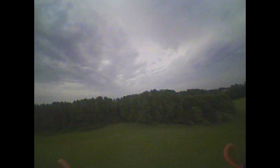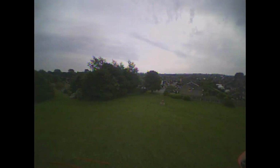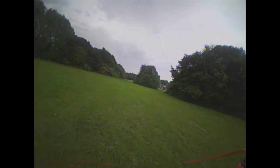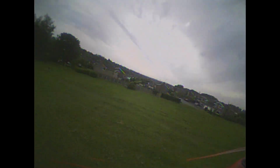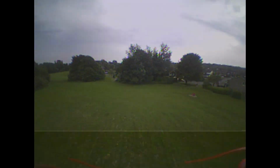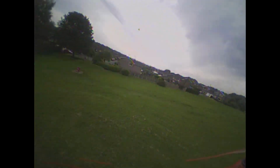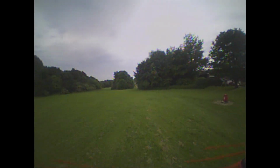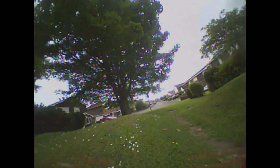But if it doesn't have a huge amount of power, then I would say there was a bit of inefficiency going on there. But yeah, I mean, it's not a scary model, and it had enough power to still do acro and fly around. It's just that I think there's a lot of competition in the brushless micro category. Alright, you have to pay a little bit more, but sometimes it benefits you to spend a little bit more. But if you can't afford the higher end models, then you know, this one, it does what it says on the tin. It flies, and yeah, it's just not got as much performance as some of the other more expensive